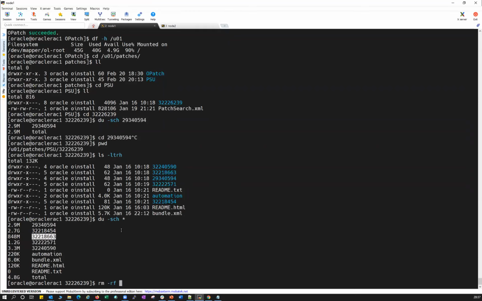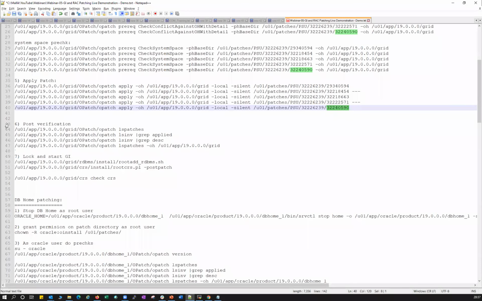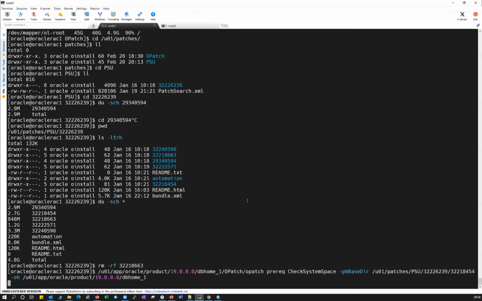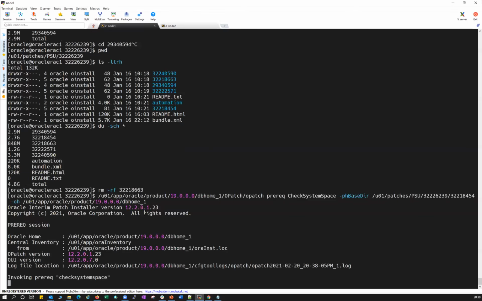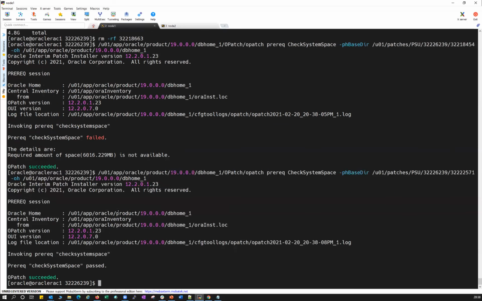Still, I don't think I can run the patches here. Let's see. System space check. I can run here now. So if I don't have any space, we need to stop here for today's session because I should have checked it before. So any questions here?